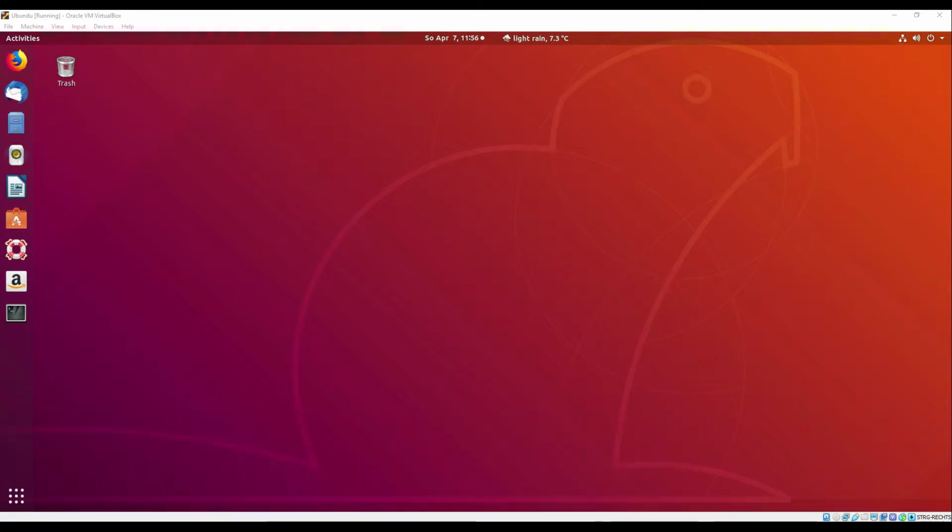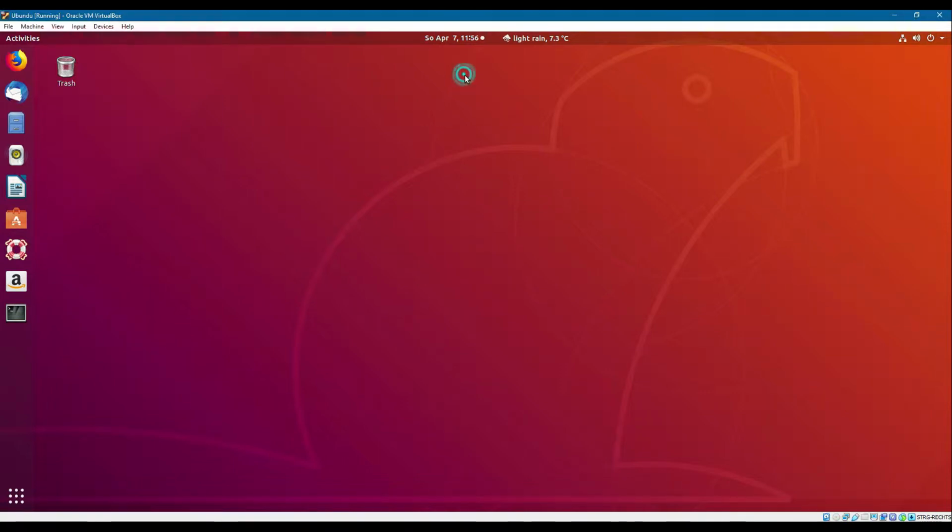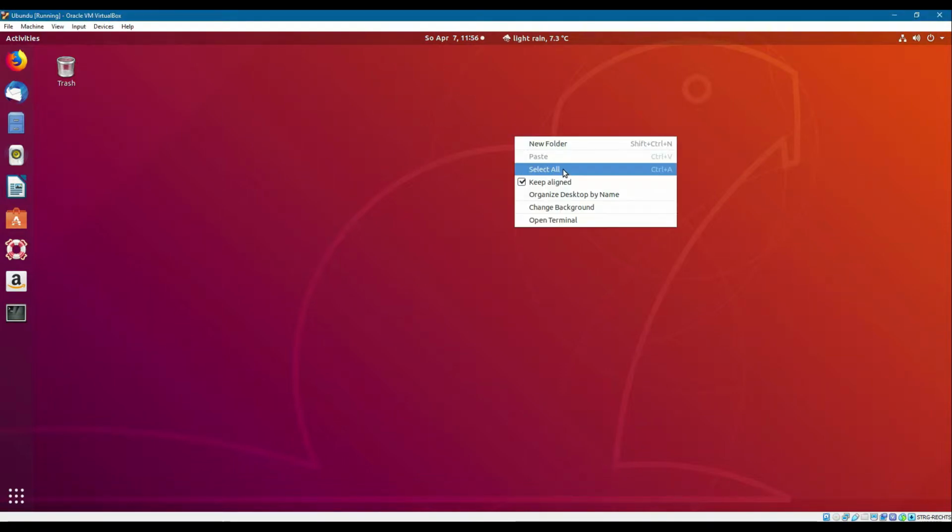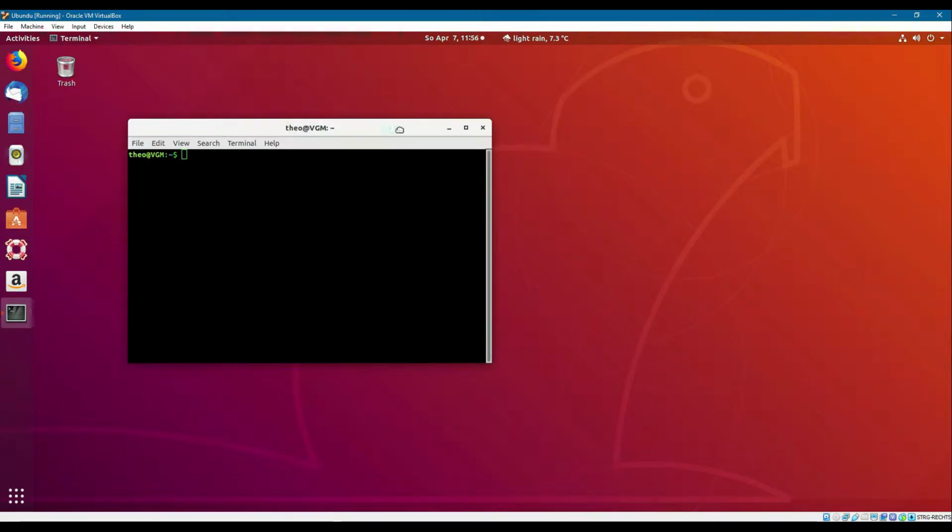What are wildcards in Linux? Today we will learn the theory, and at the next lesson we will see many examples. In the meantime, you can also try to implement everything you learned today before I even show it to you. So let's start. Open up your virtual machine, VirtualBox, open up your Ubuntu, and then I will show you everything